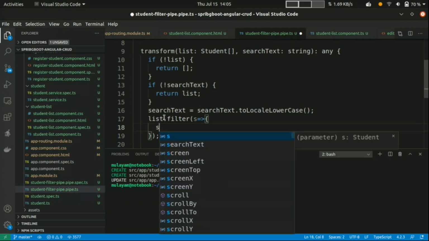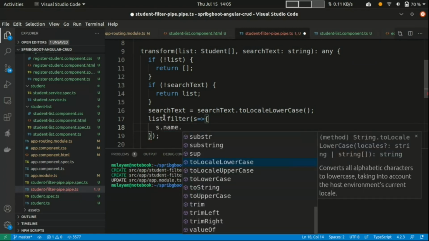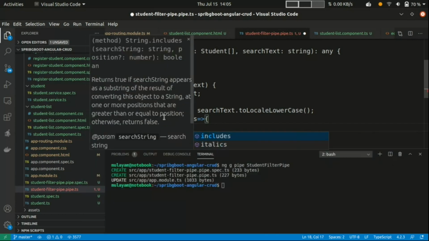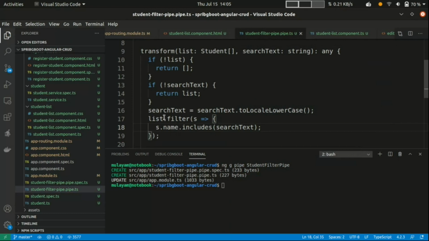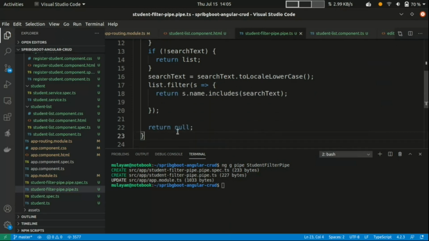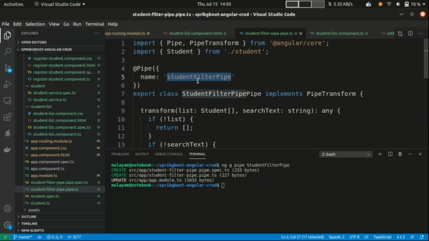How can you filter? s.name includes searchText. Just filter this one, and finally return this list. That's it.